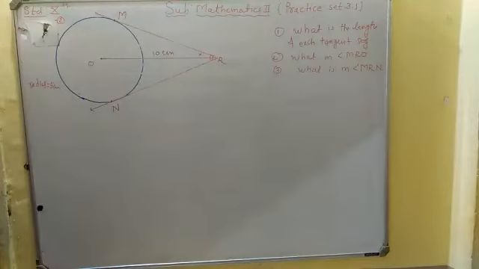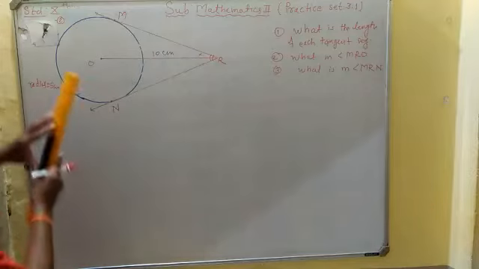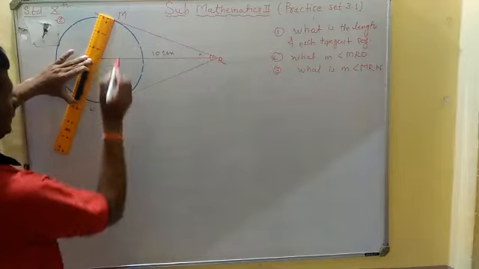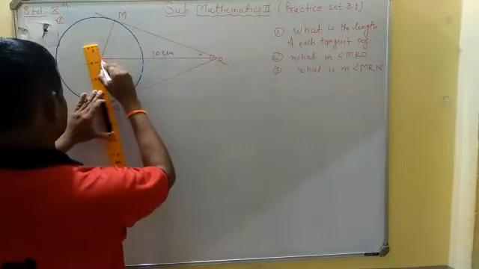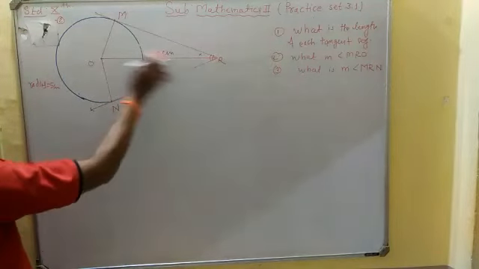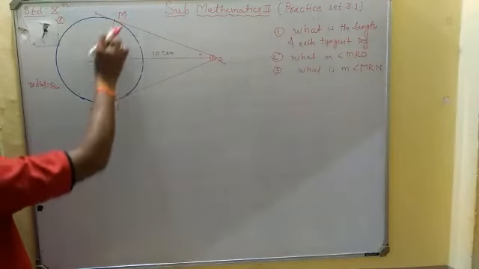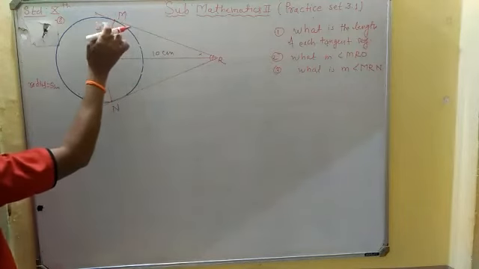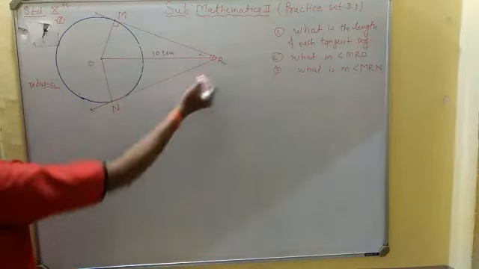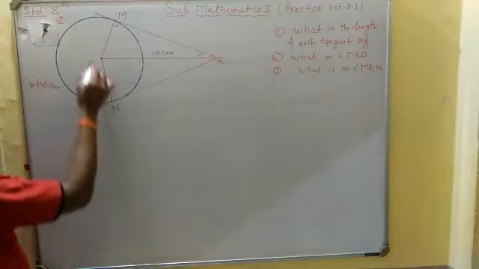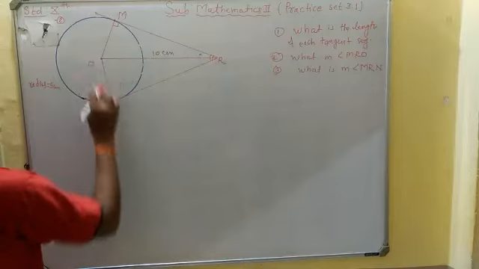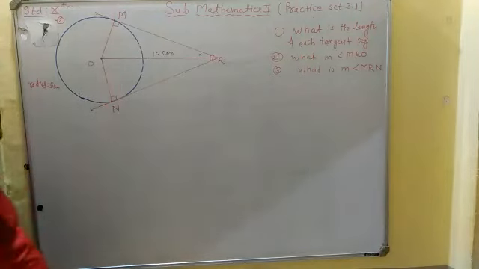Okay, for that, first of all, we do the construction here. Draw a segment OM and a segment ON. What do we get? MR is a tangent and M is its point of contact, and OM is radius passing through it. Therefore, tangent is perpendicular to that radius. In a similar way, NR is a tangent, N is a point of contact, ON is a radius passing through the point of contact, and hence angle ONR is also 90 degree.